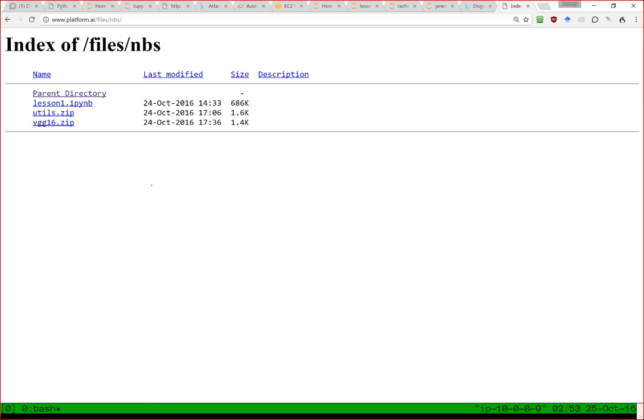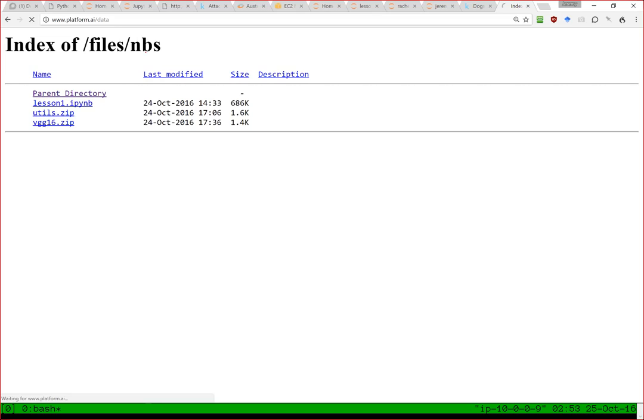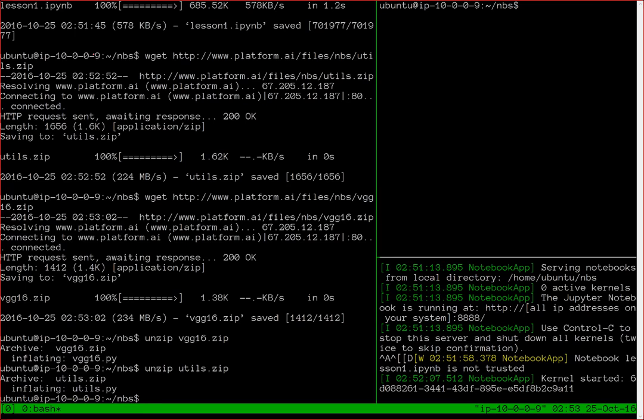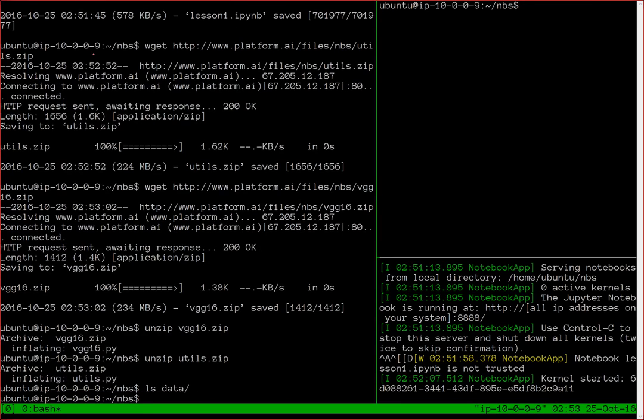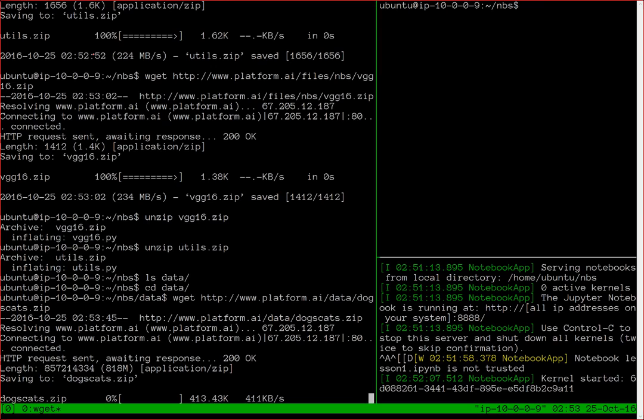And then the only other thing you need is the data. So the data sits in the Platform AI data directory. And the data is all the dogs and cats. Now, I've taken the Kaggle data and made some changes to it, which I'm going to be showing you. So rather than downloading it from Kaggle, I suggest you grab it from Platform AI, and I've sent you this information today as well. I think, so I'm going to cd into data and wget that as well. Great. And so that's going to run for a few minutes, and so while it does, I think it's a good time to have a